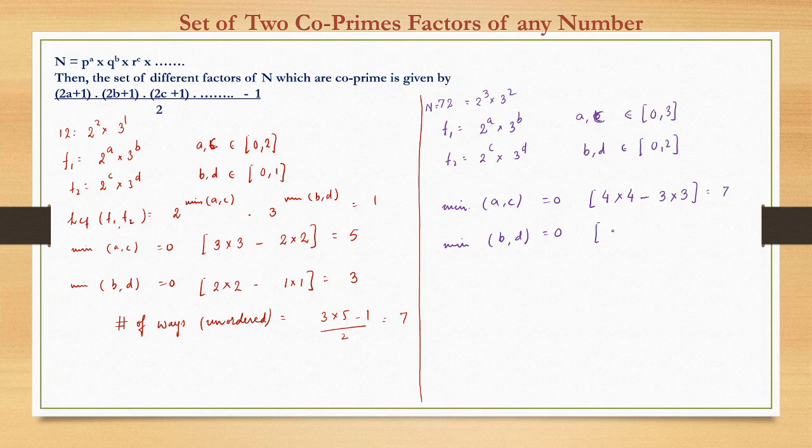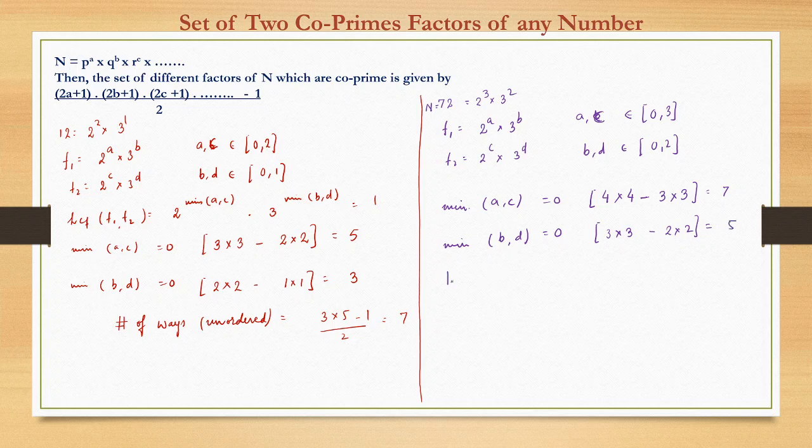Here it can be written as the minimum of B comma D is 0. So B can take 0, 1, 2, 3 values, and D can take 3 values, minus subtracting the case where none of these two have taken value of 0. So 2 into 2, right? B taking 1, 2 and D taking 1, 2 as a value. Those cases we are subtracting. So this ensures that at least B or D has taken the value 0. So here it is 9 minus 4, which is 5.